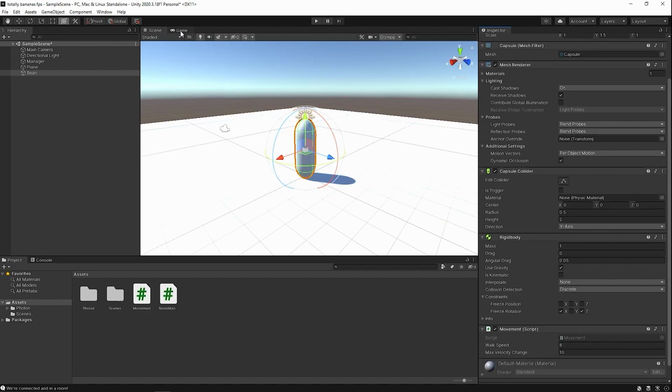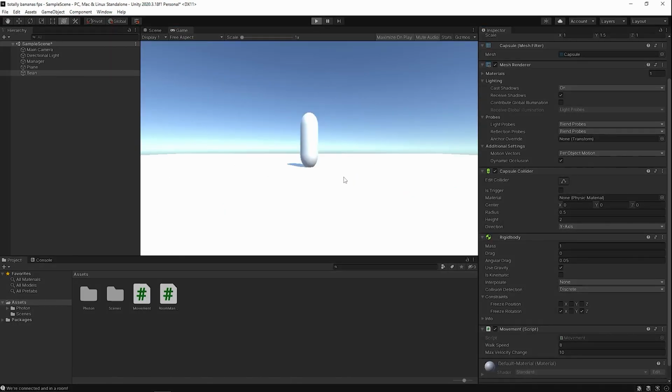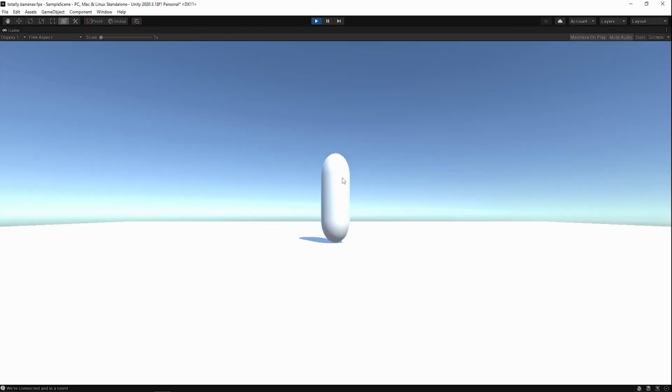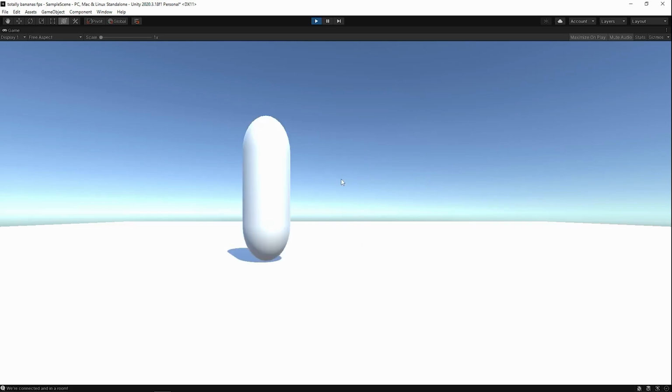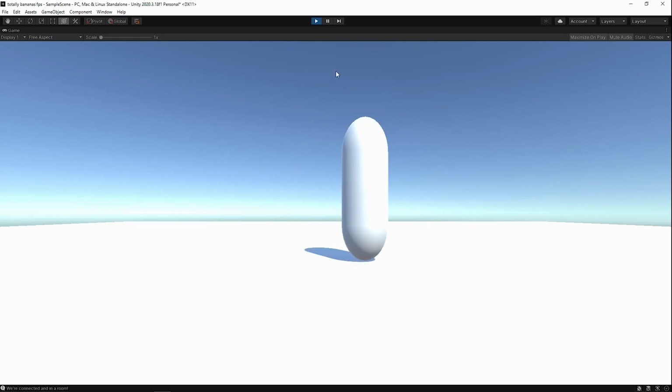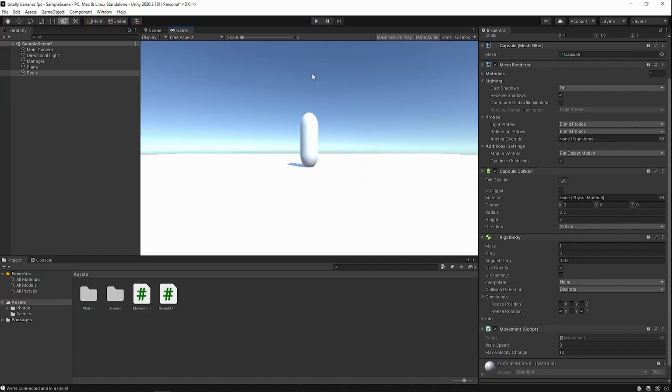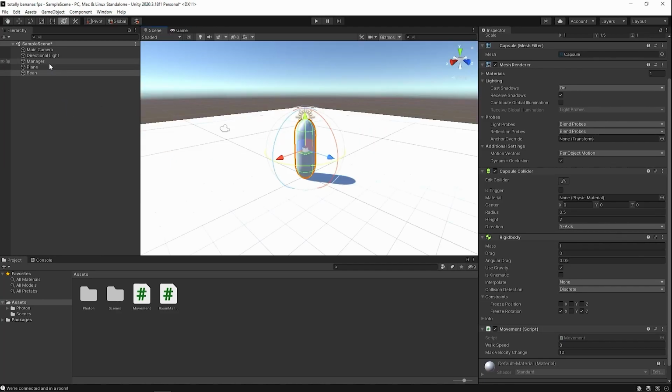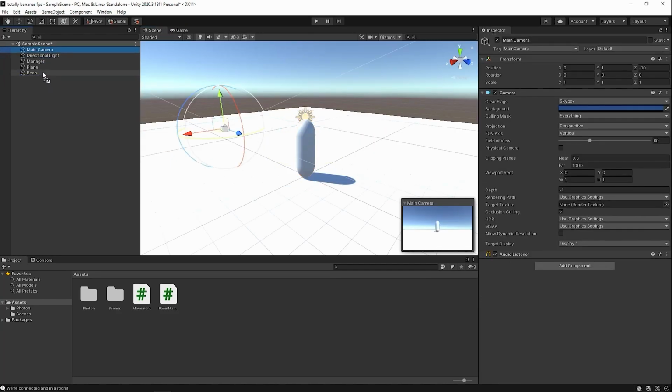Alright, easy stuff. Now, if you hit play, you'll be able to move around your little player. Now let's make it first person. So parent our camera to our bean, reset its position, and then make the Y just a little higher. And now let's make it so you can look around.